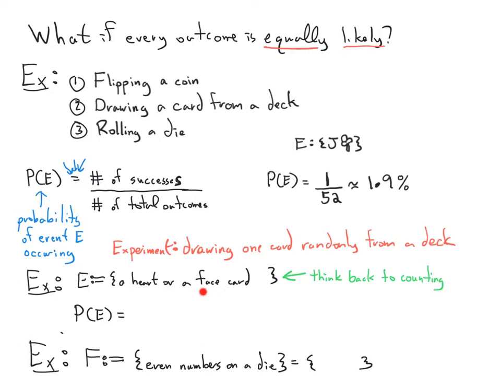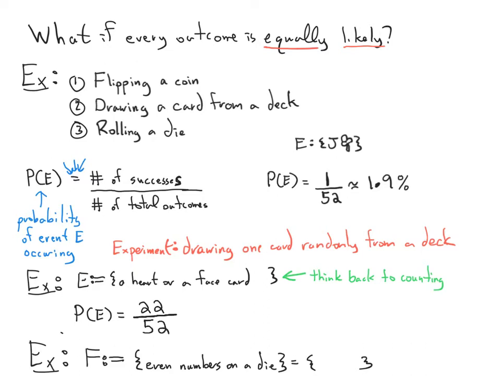So we need to subtract the Jack of hearts, the Queen of hearts, and the King of hearts. We need to subtract 3 from that total because we don't want to count them twice. So in total, there are 22 hearts or face cards in the deck,